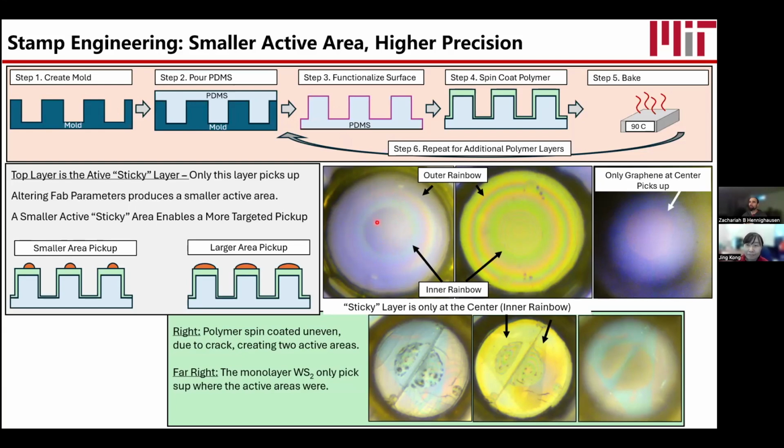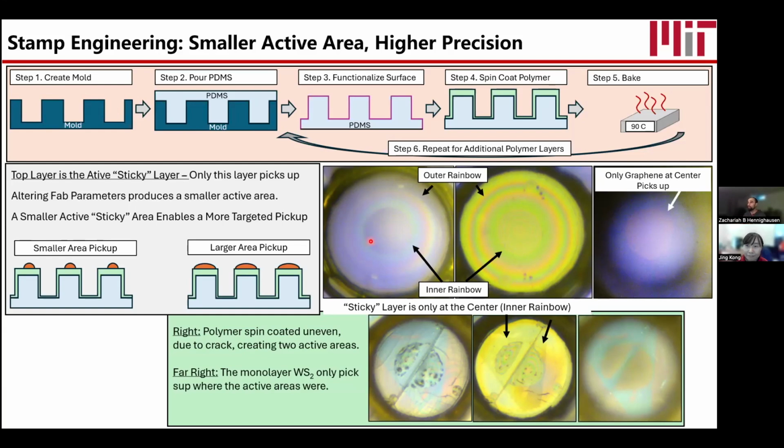So at the edges, it sort of can break down. To answer your question, 80 microns is so far the skinniest we've tried, but I believe we can get it a little bit skinnier. However, I don't think we get much skinnier, based on gut intuition and the size of the molds. That is why I believe the active area engineering is promising, because maybe we could engineer something so that the drop of active area is only 5 or 10 microns. And then we can really, really target things.